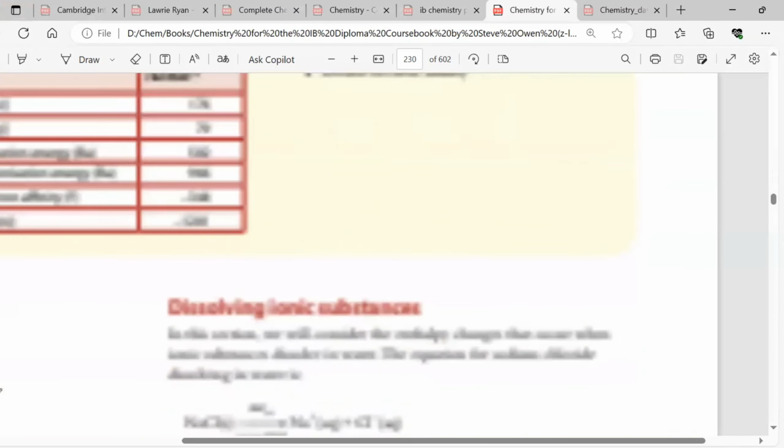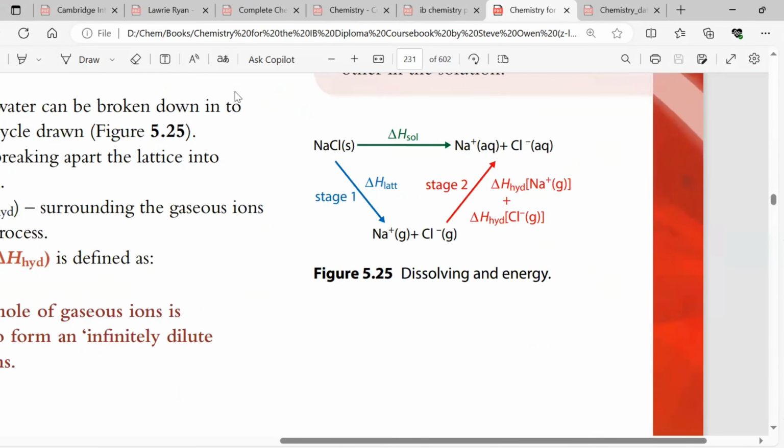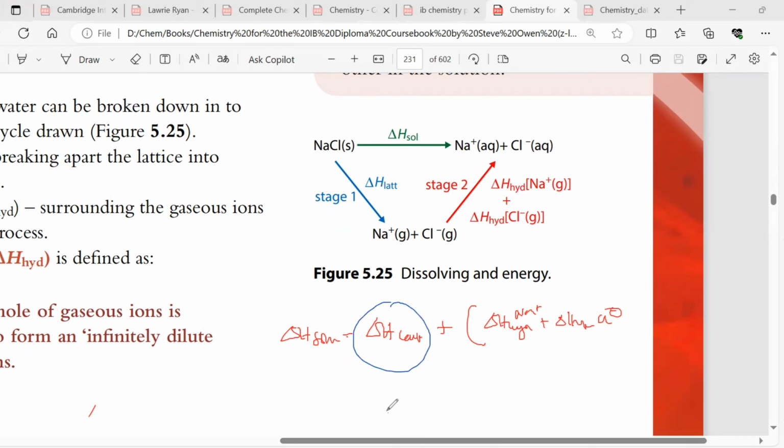Whenever we look at this equation, we can write that delta H solution will be equal to delta H lattice plus, in brackets, delta H hydration of Cl minus and Na plus. So this is very important: whenever this lattice enthalpy is positive,